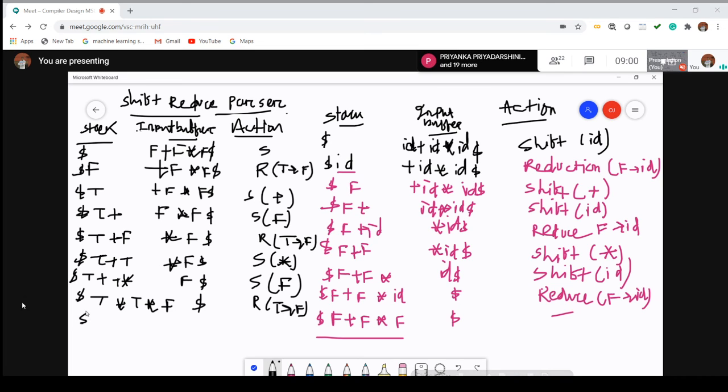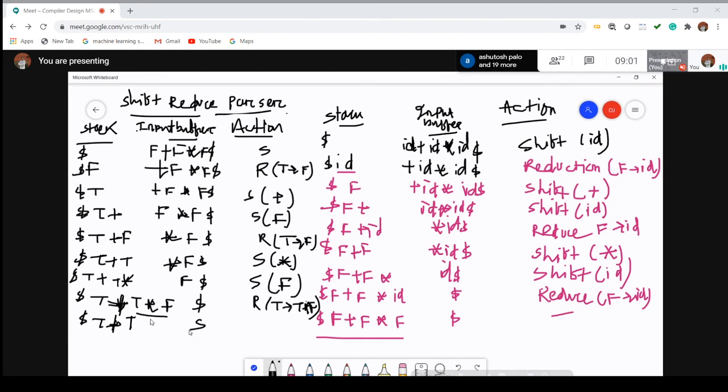So you get the input string equal to T plus T star F. Now T star F is nothing but a T. So instead of this value, you can write T equal to T star F, since we have to represent the production in the form of a T. There is a production T to T star F, so you can write it as T. So T star F is replaced with the T. Now all are in the form of T.